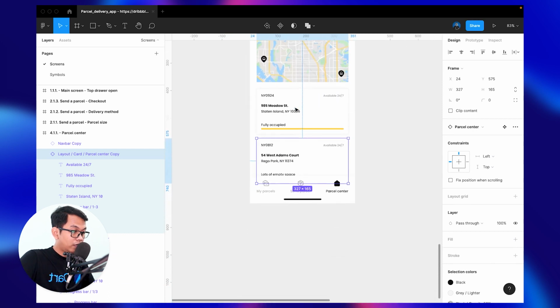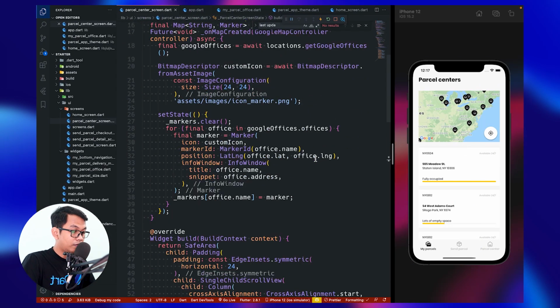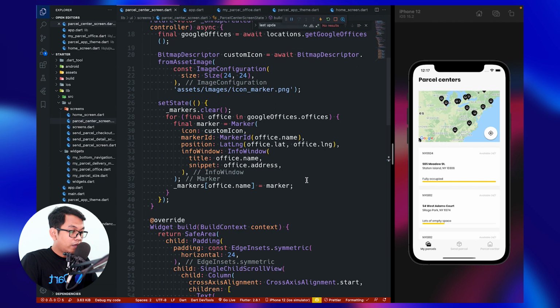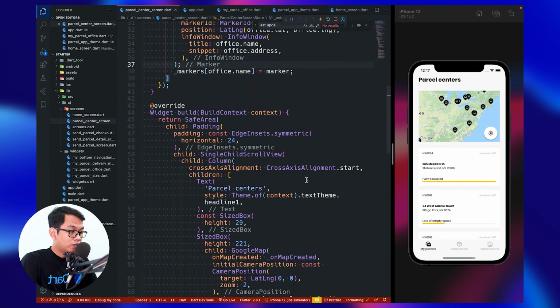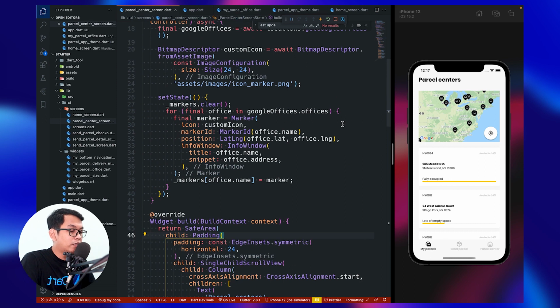And let's see the design. Yeah, look like this. So I think it's similar, but for this tutorial, I use dummy data, which is from the Google codelab, adding Google Maps to a Flutter app.